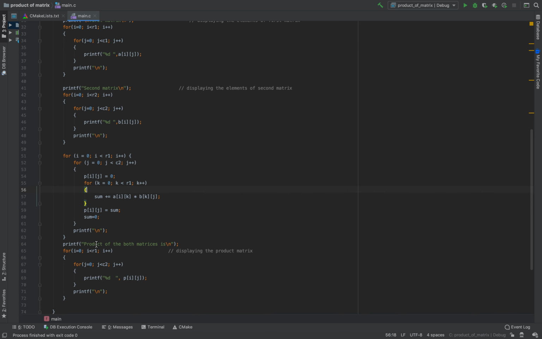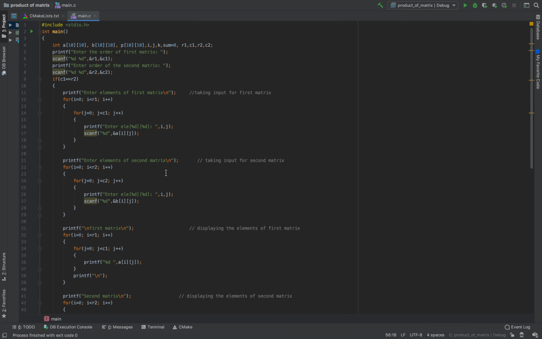And at last we'll print all the elements that have been calculated after the execution of this block of code. So I have just written a printf statement, and at last I have given the address of the third array p, because this array will be storing all the values that we have calculated. So if I run this code here, then